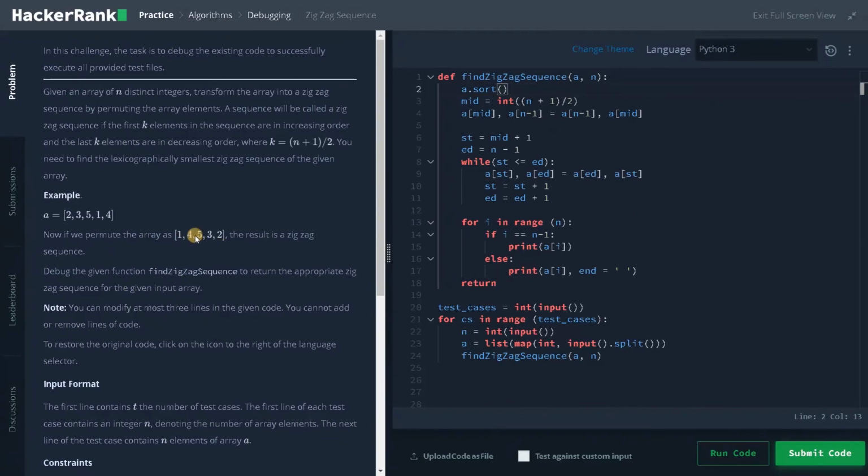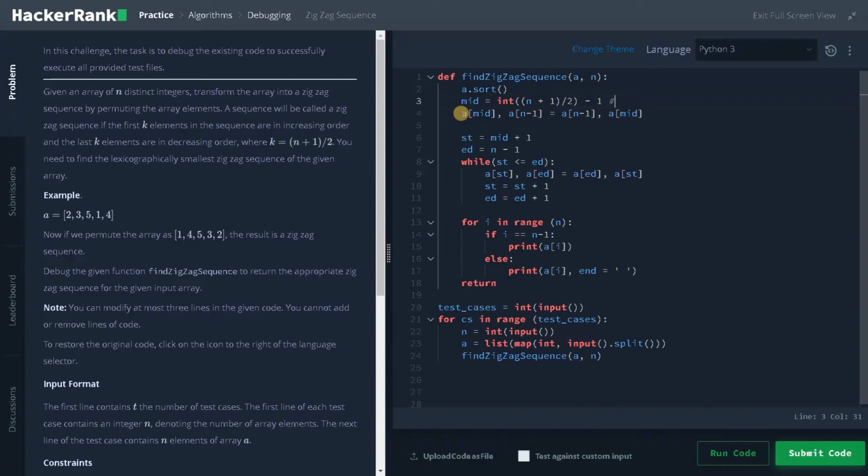But we have to check here: if you consider 5 elements, 5 plus 1 divided by 2 will be pointing to 3. So if you consider array A of 3, meaning 0, 1, 2, 3, that is not the middle element. So that is a mistake. So we have to decrement it by 1. So this is the first modification.